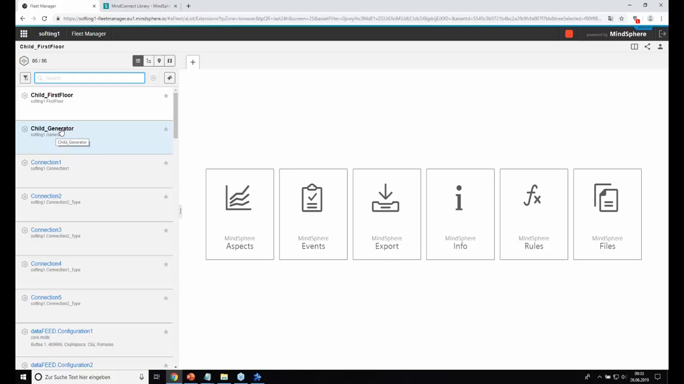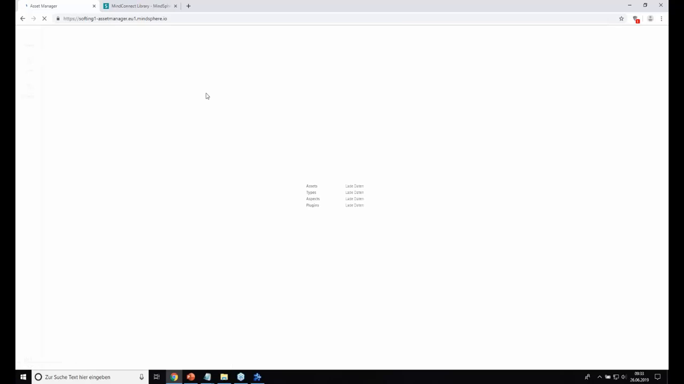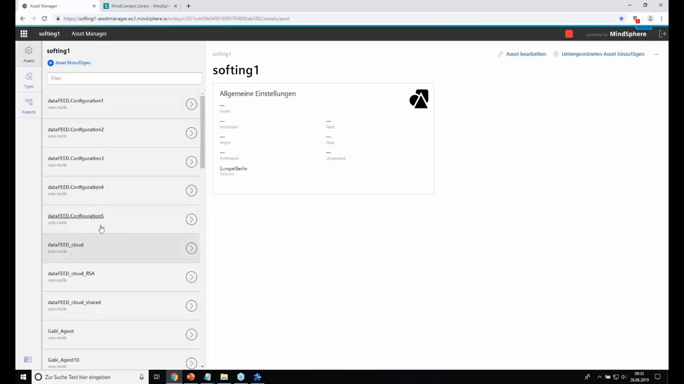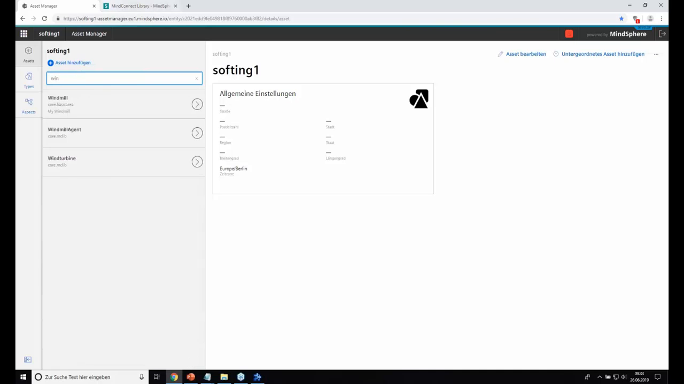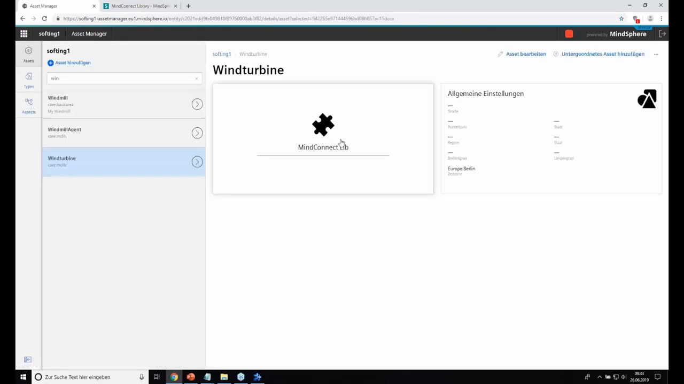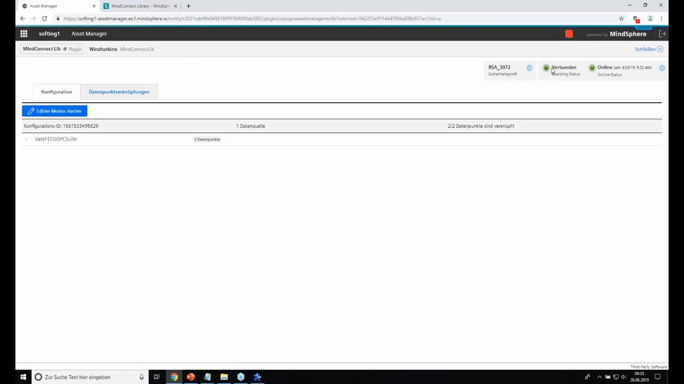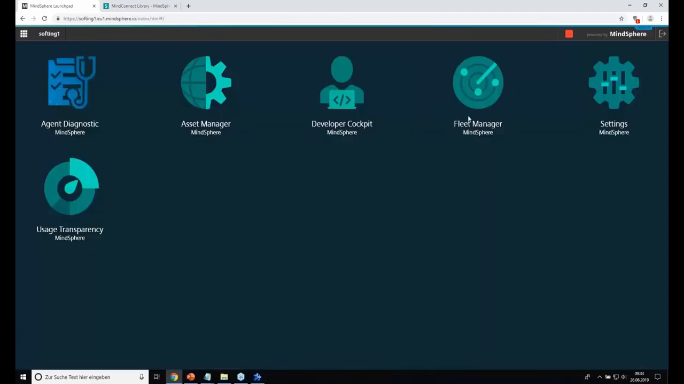This has nothing to do with Softing because it's already online. Here again, I can show you. I go quickly back to the Asset Manager, and because it says here, I can see that it's already connected and it's online. I don't know why it needs such a long time to receive that data. So I go back to the Fleet Manager,